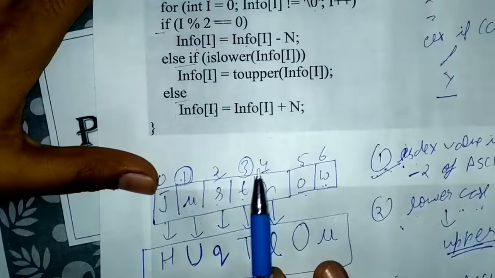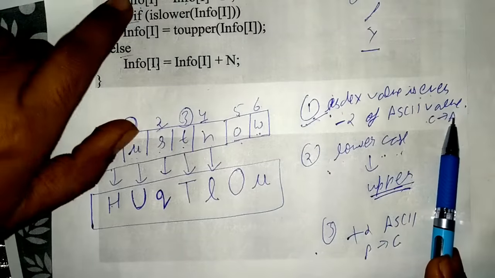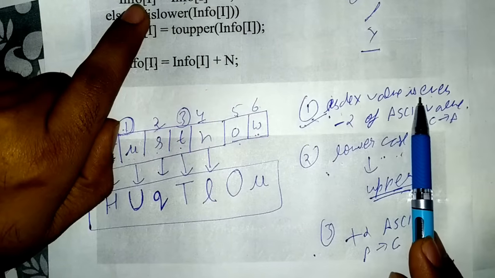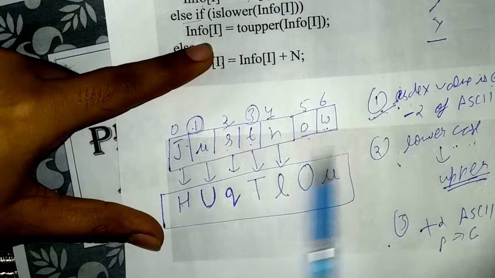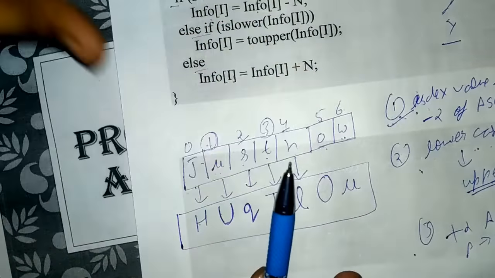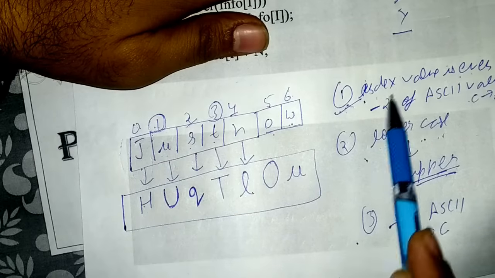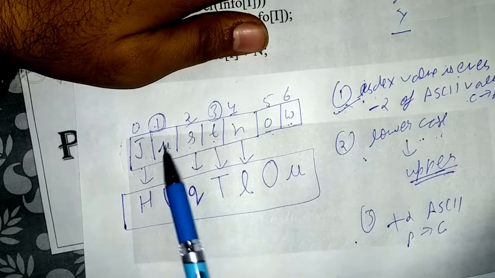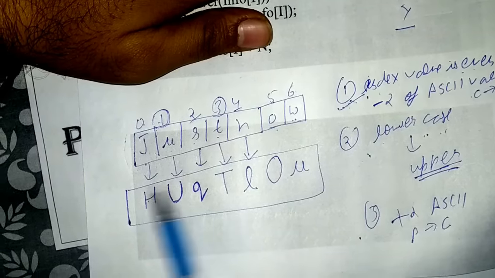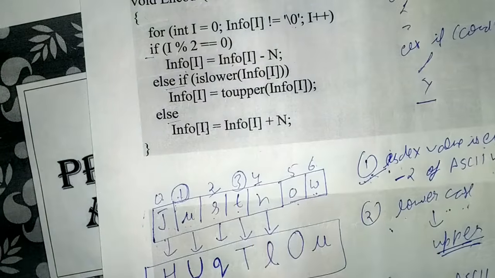So instead of checking the code again and again, my trick to solve this is that you just write the code in simple terms: what we have to do in the first case, what we have to do in the second case, what we have to do in the third case. Then take out your string, write your string, and just forget about the code, just hide the code. Take the first value, check for the condition, apply the selected condition, take the second value, apply the second condition, take the third value, apply the third condition, and so on. This is a very simple trick to solve questions based on strings.